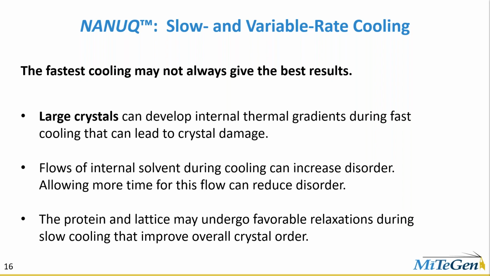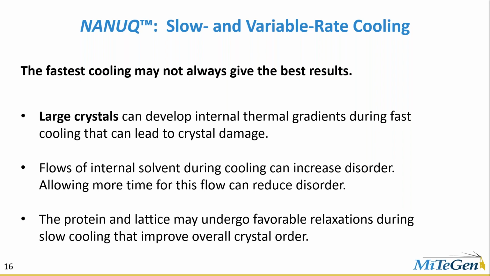And if you don't give enough time for that redistribution, it can increase your mosaic disorder. So if you have a crystal with a huge unit cell and you're really worried about spot overlap and want to minimize that spot overlap and minimize mosaicity, it may be that cooling much more slowly will give you lower mosaicities